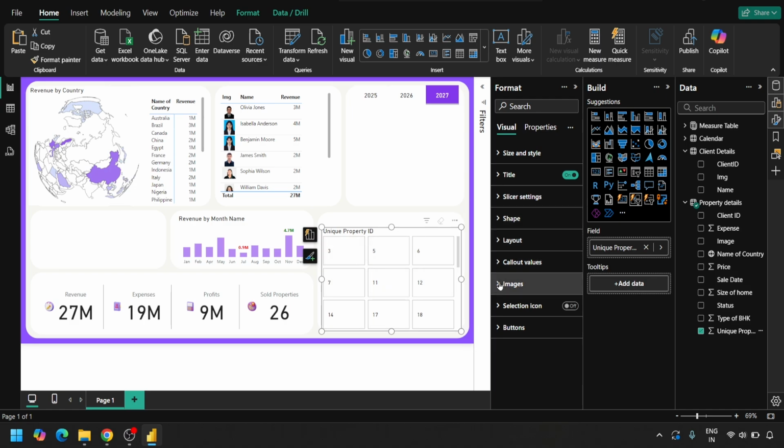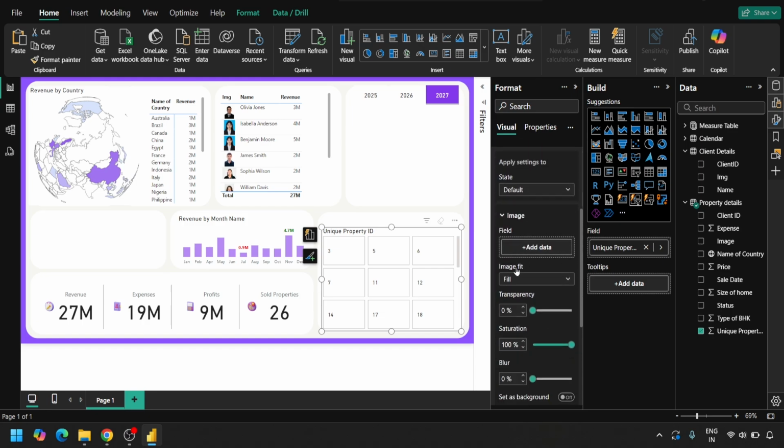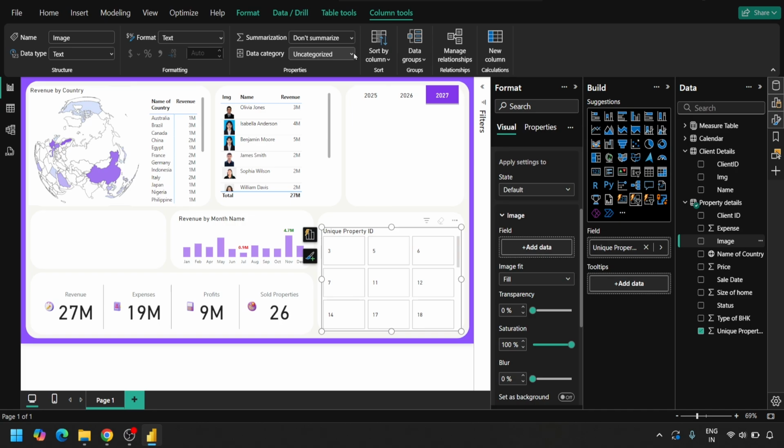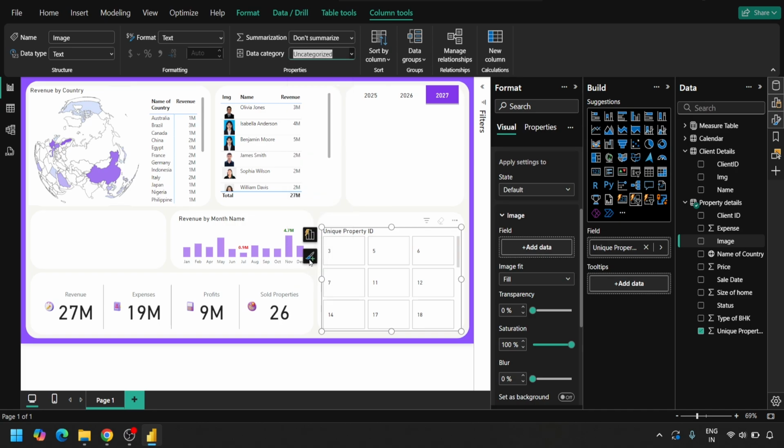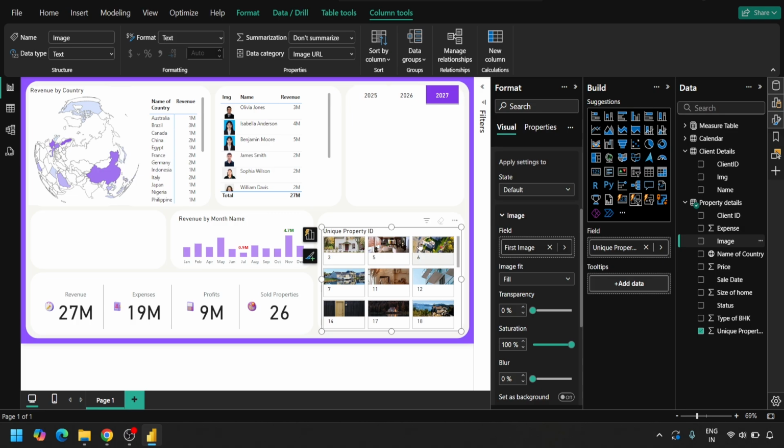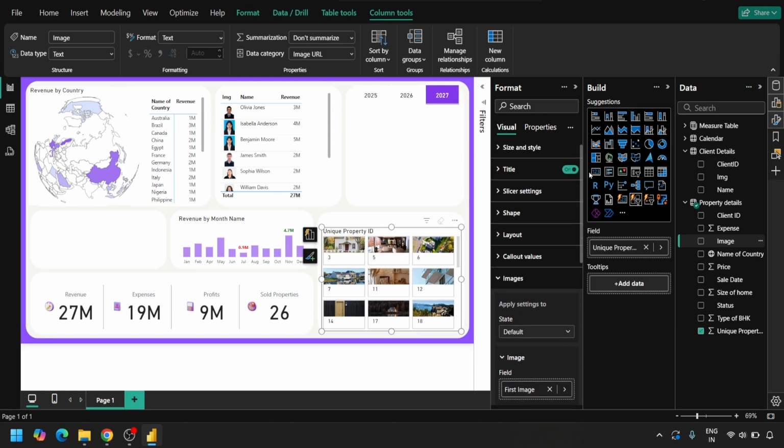So what we can do, we can go inside images, and add a field for image. So these are the images for properties, and this is again uncategorized. So let's go and categorize it as image URL. Once we do that, we can bring this image here, and after bringing, all the properties are showing. Now we don't want to show all the properties here, so what we can further do is go to our